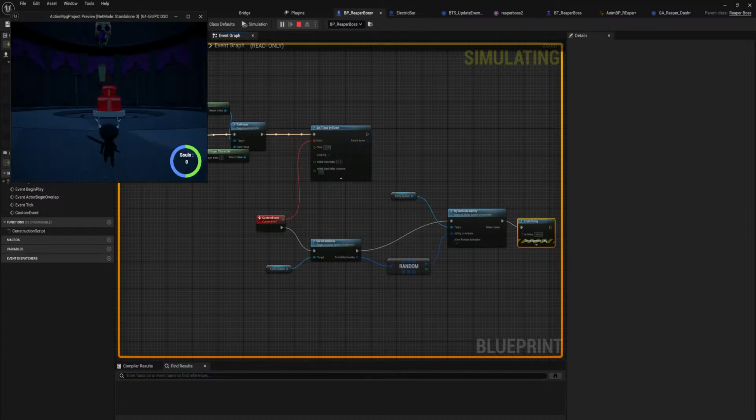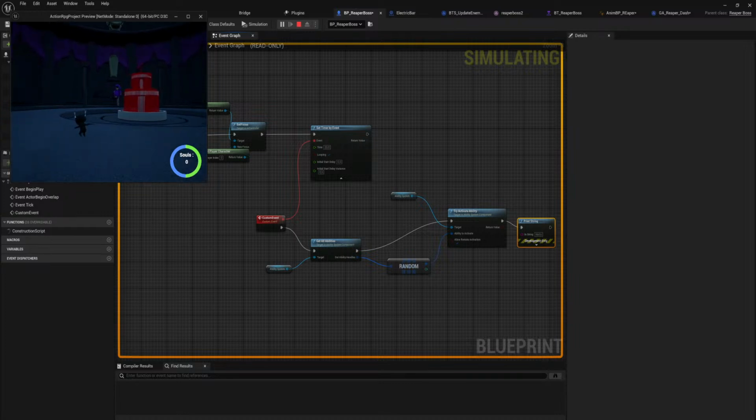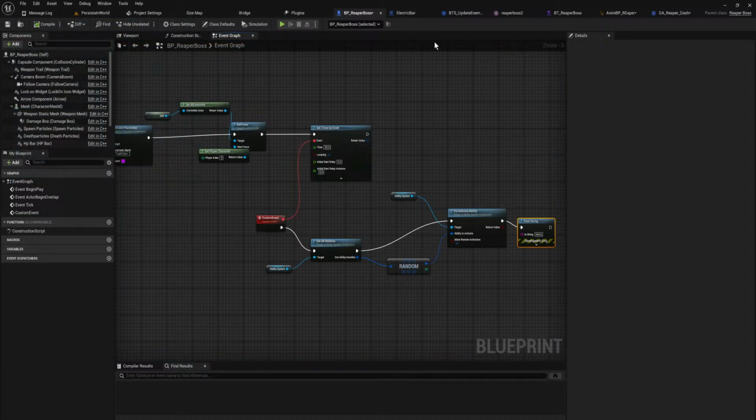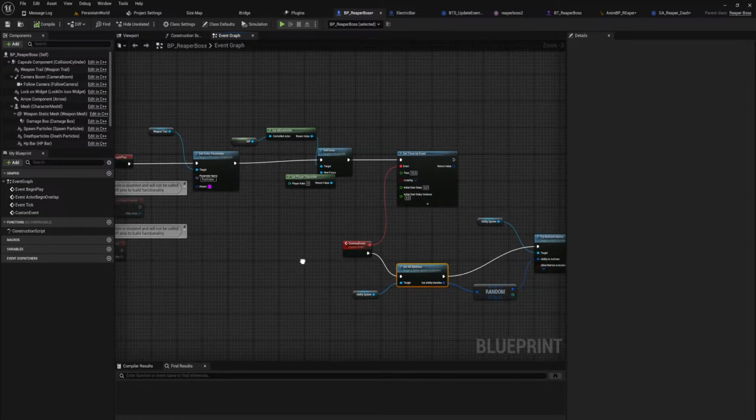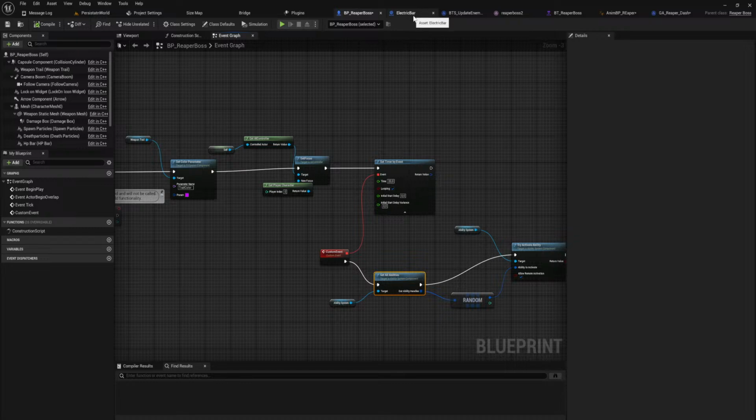For some reason, this seems like it is, but that's not 20 seconds. 1, 2, 3, 4, 1, 2. Just spamming it. So why is that?